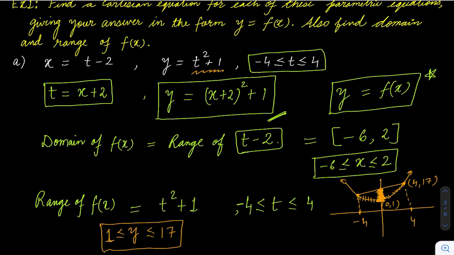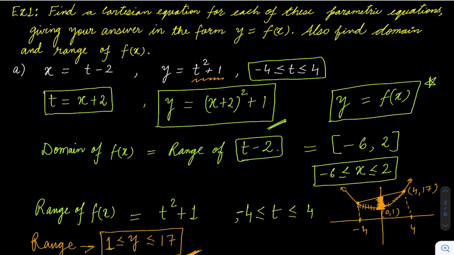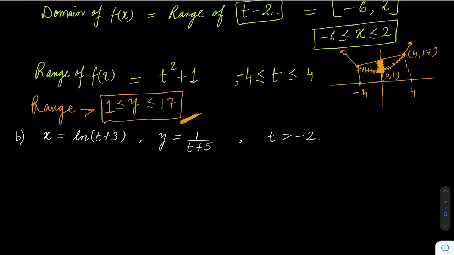Same answer we are getting. Now, what's the maximum value of t square plus 1? When t is maximum, that is 4. So when t is 4, we get 17. So again, we are getting the same answer. So this is my range. So a couple of ways are there and there is no fixed method because it will depend a lot on the function, what kind of function it is. And according to that, we might have to use graph, we might have to think about it logically. Lot of things are there. Okay, so we will do some more practice and learn about this domain and range and how to convert into Cartesian equation. Okay, so this was the first question.